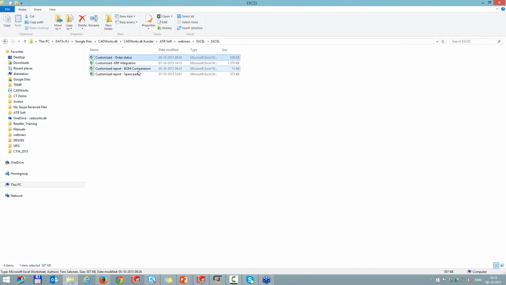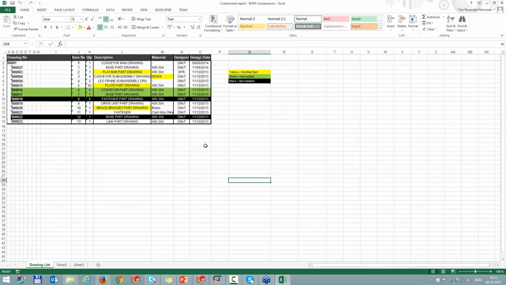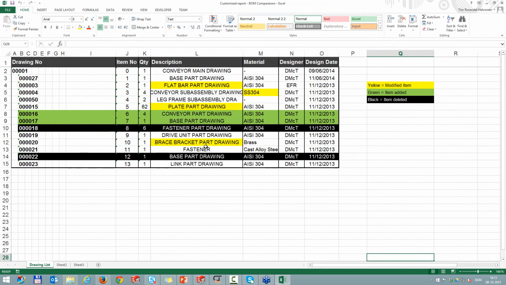And then we did something a bit similar. I'm just going to make it a bit bigger. In this case, again, an engineer would have an assembly created already in the ERP system, and then he can run an export, and then whatever he is working on would be compared to the bill of material found in the ERP system, and he or she could have an understanding of what was going to be changed in the assembly he or she was working on.